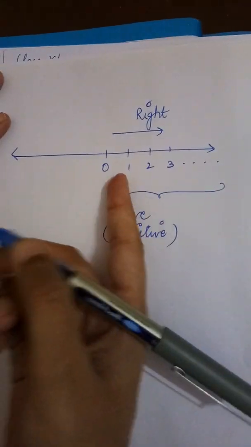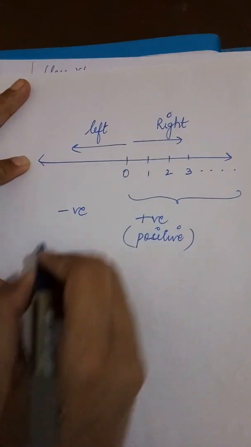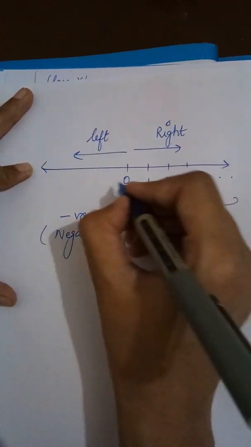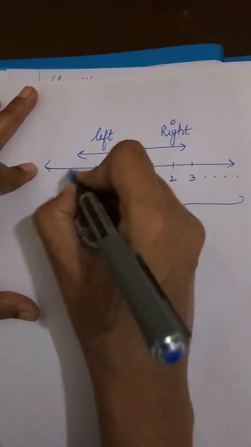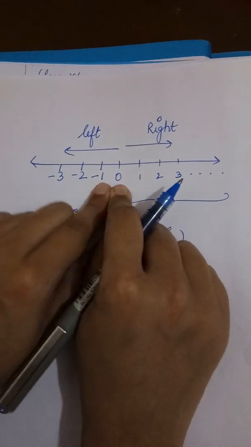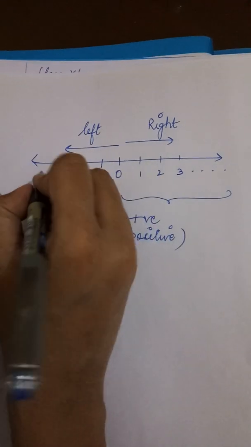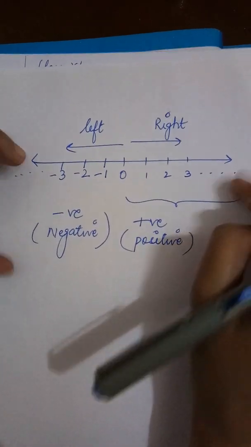Okay, and on the left side I am going to write the negative numbers. To the left of 0 I am going to write the negative numbers, negative. That means like this I am going to write. Fine. Now what I am going to do here is start from minus 1, then minus 2, minus 3. Like here 1 was there, we started from 1, and if we move to the left side, I am going to write minus 1, minus 2, minus 3, and so on. So like this we are going to represent the integers on the number line.